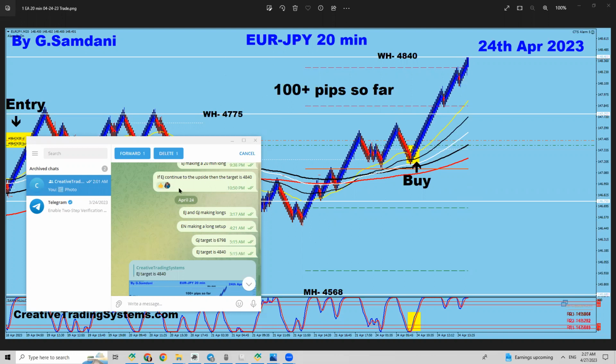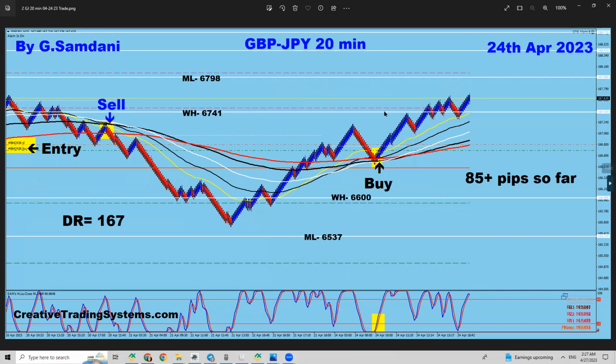So let's get started. On April 24th, I posted on my Telegram the EJ and GJ making longs, right? So what were these entries? Right here, EJ, this was the entry, and I even posted the target here. See, GJ target is 67.98 and EJ target is 48.40. Look where it went, straight up to 48.40, and GJ went very close to this 67.98 target, but I